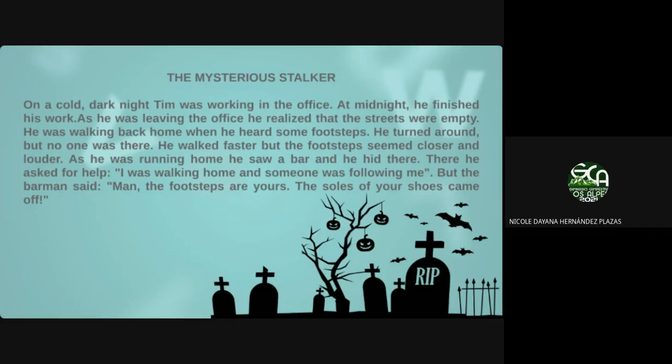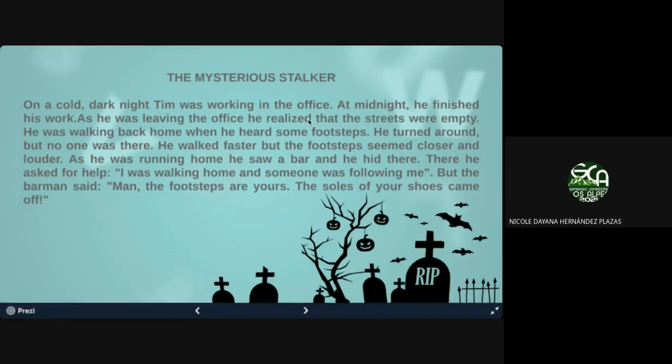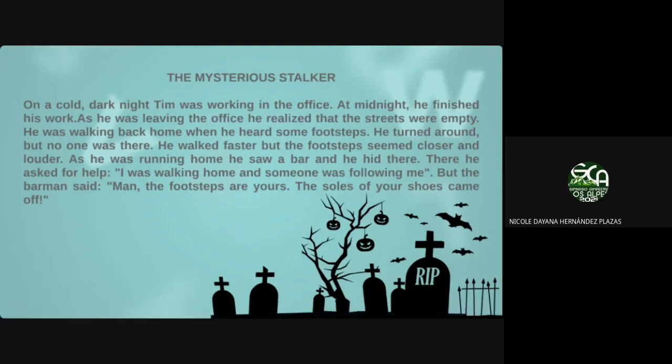So take that into account, babies. Here you have two actions happening almost at the same time. Pero si se dan cuenta, él arrancó con una acción y mientras estaba haciendo esa acción nunca la culminó. Bueno, no la culminó en ese momento porque se dio cuenta de otra cosa. Tengan presente esto. La acción que interrumpe a la otra siempre va a ser en pasado simple. Él estaba haciendo esto y llegó algo a interrumpir. ¿Qué interrumpió? Pues que él se dio cuenta de que las calles estaban vacías. Entonces eso hizo que él dijera como, no, espere, voy a dejar de irme, voy a hacerlo más despacio. Una acción interrumpió a la otra acción, okay? So look at this. As he was leaving the office, he realized that the streets were empty.